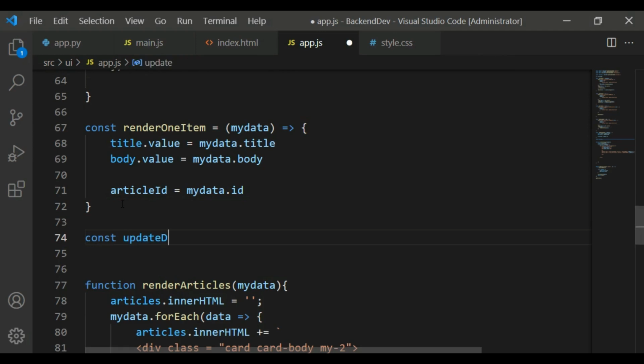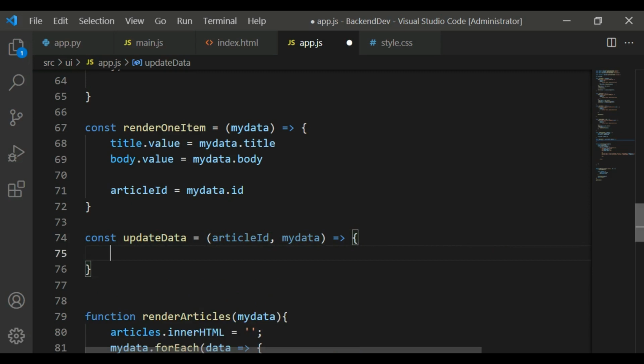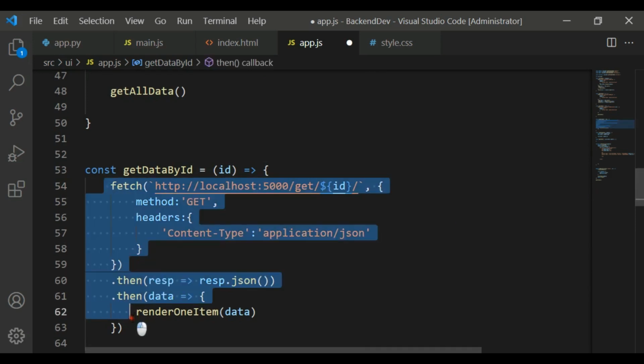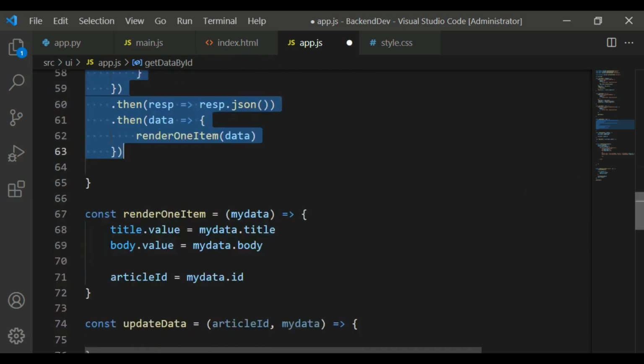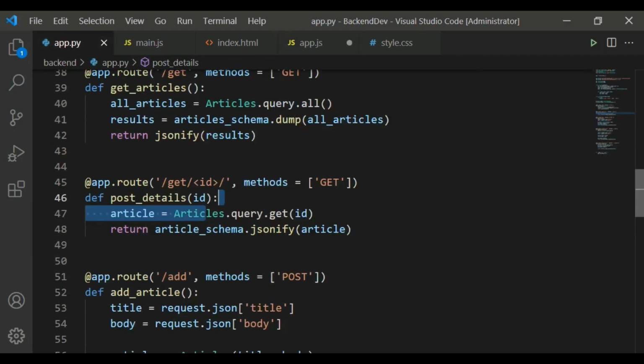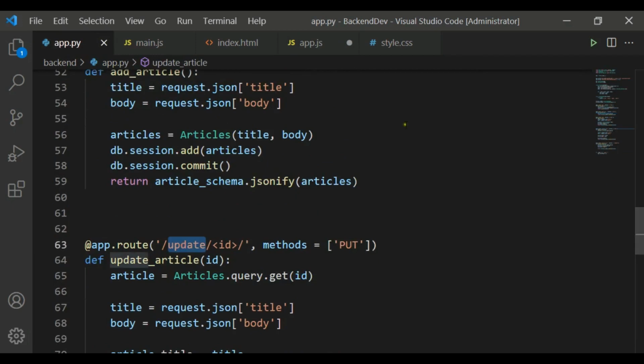updateData, and we can pass the article ID in here, and also we can pass my data. We can just use this, or we can grab all of them from here and just paste it in this section. And so we want to use another route that is for updating the data. We can just use this